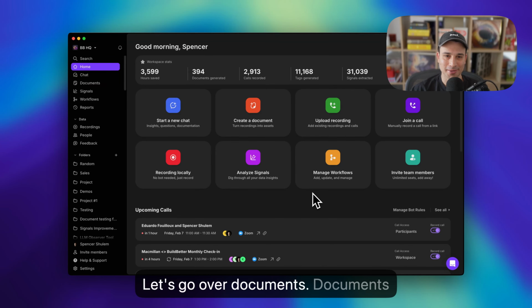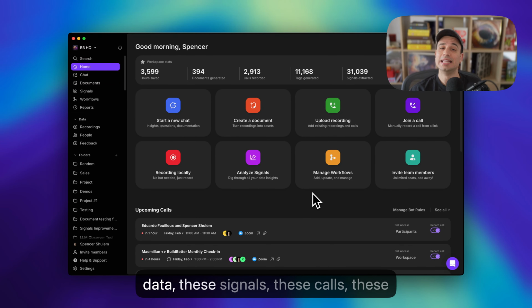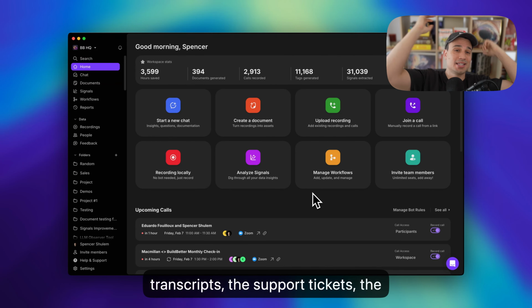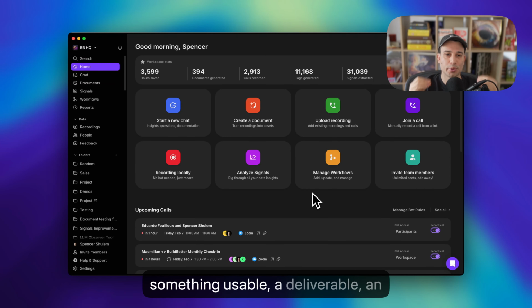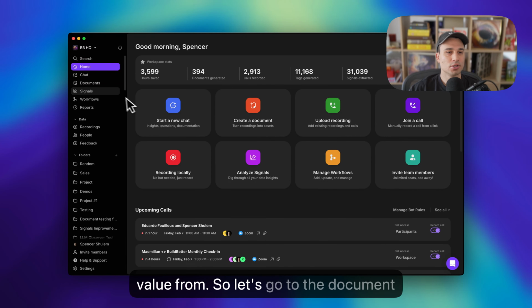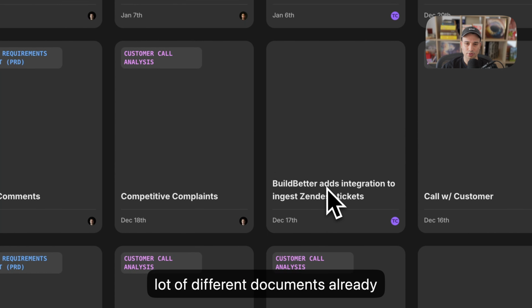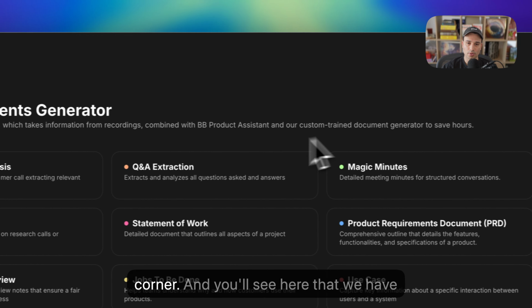Let's go over documents. Documents are an incredible way of turning this data, these signals, these calls, these transcripts, the support tickets, the Slack messages, all this data into something usable, a deliverable, an outcome, something that you can get value from. So let's go to the document section, and you'll see here that I have a lot of different documents already created. And I can create a new document in the upper right-hand corner, and you'll see here that